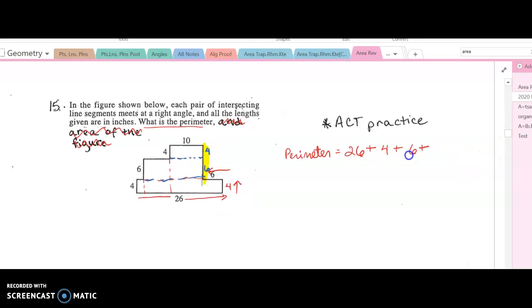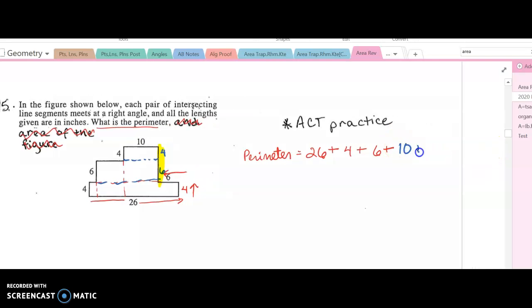So I'm going to say plus 10 plus, going across the top, 10 plus 4. I'm going to come down here because I'm running out of room, plus